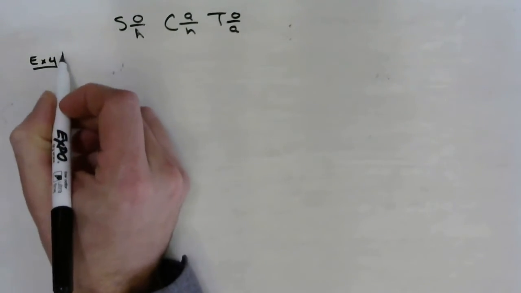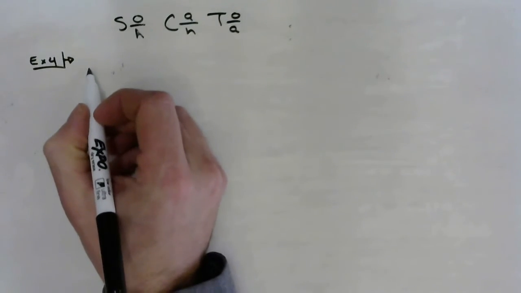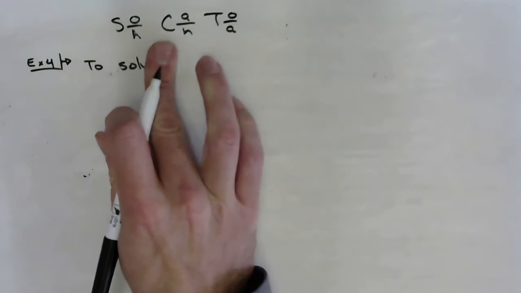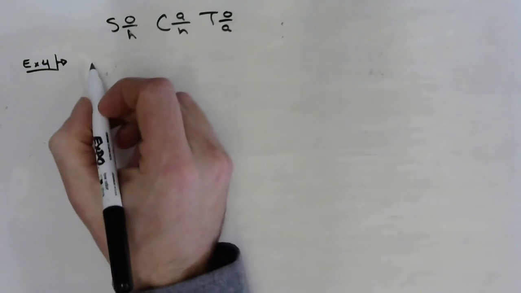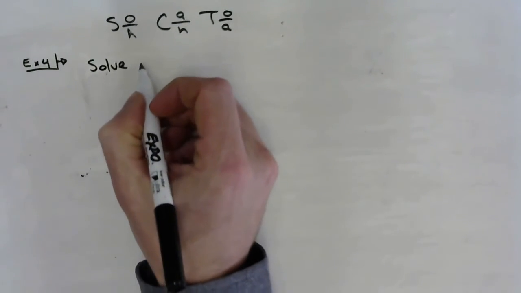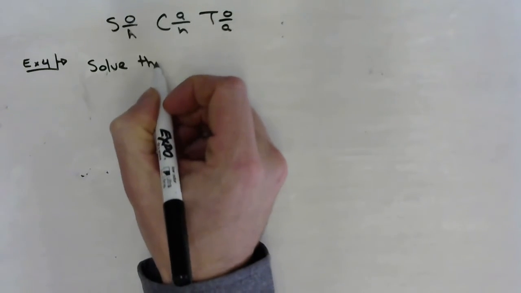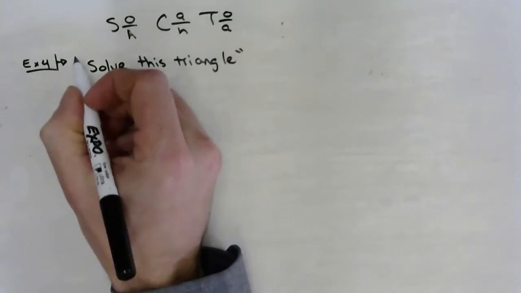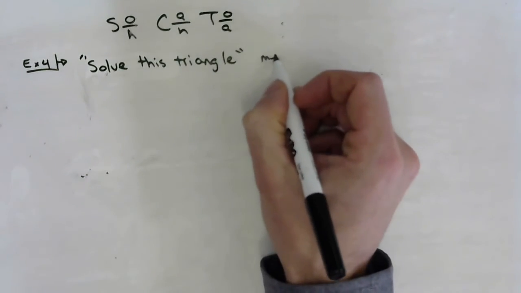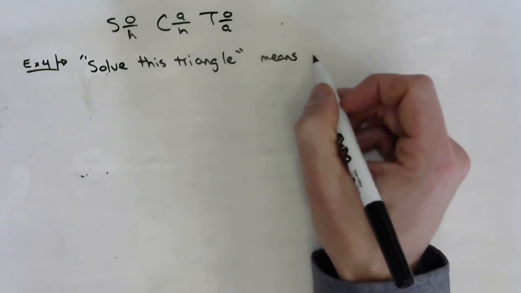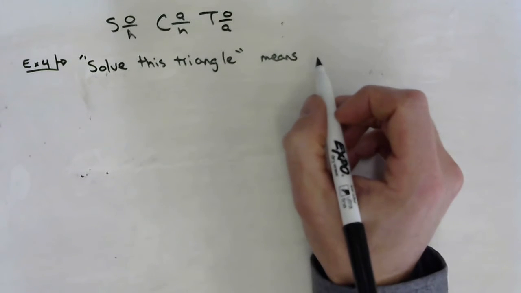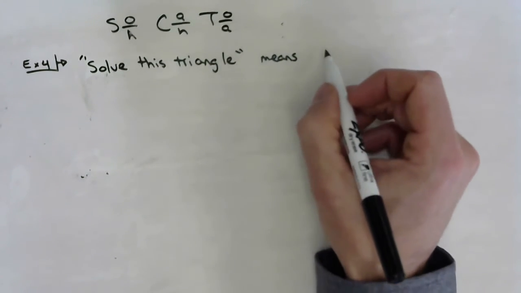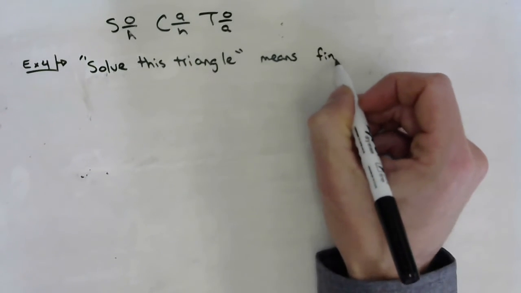Example 4. A little note: to solve this triangle, put that in quotes. "Solve this triangle" means find all the sides and all the angles. Means find,